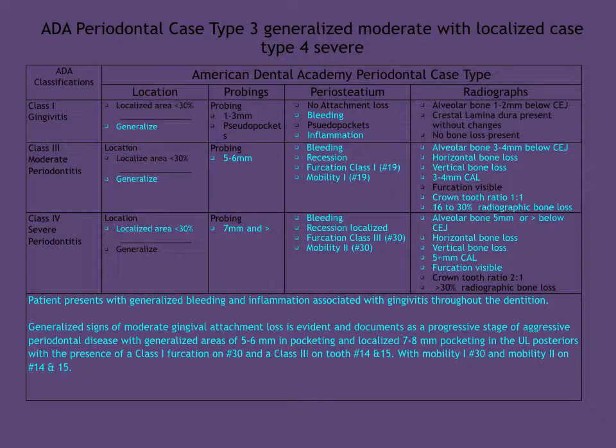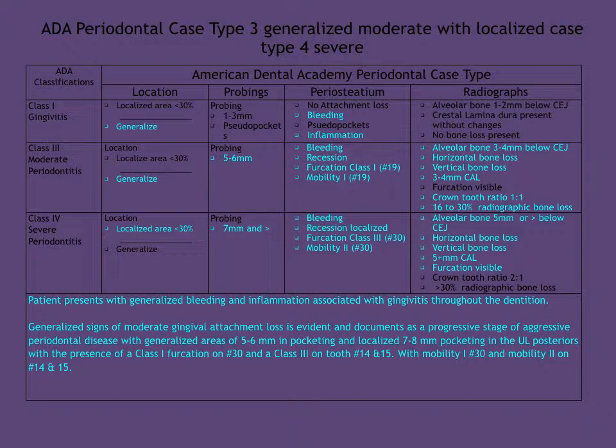ADA periodontal case type 3, generalized moderate with localized case type 4, severe. Patient presents with generalized bleeding and inflammation associated with gingivitis throughout the dentition. Generalized signs of moderate gingival attachment loss is evident in documents as a progressive state of aggressive periodontal disease with